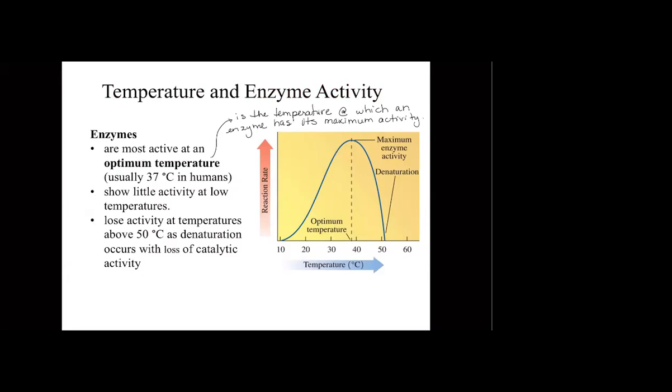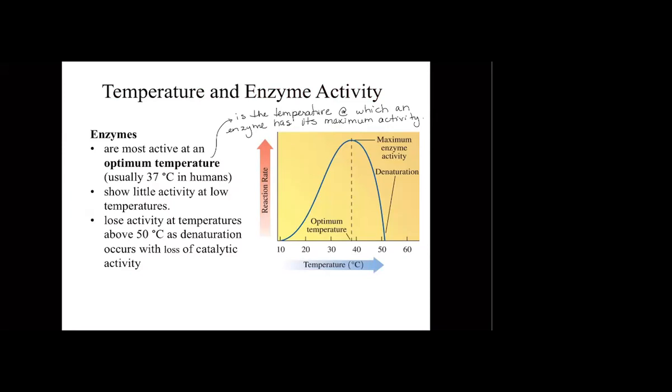Now, you can see it in the first bullet point. What is the optimum temperature for the enzymes in our bodies? It is 37 degrees Celsius, okay? That's why it is so important to have that body temperature in the normal range, because all the biochemical reactions that are undergoing in the body are going to be occurring efficiently because we have the optimum temperature for them to be acting. Okay, and this is just in a normal, healthy human body.